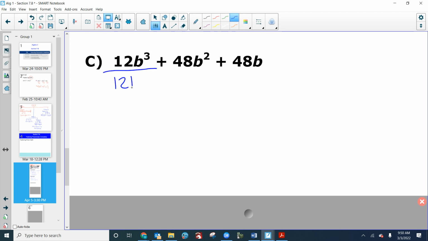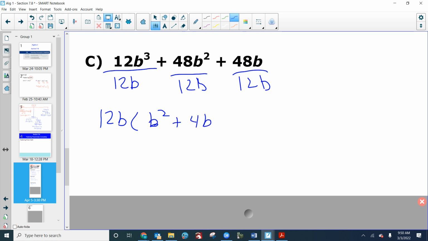We're taking this out. Okay, 12B. What's left? B squared. What's left here? Plus 4B plus